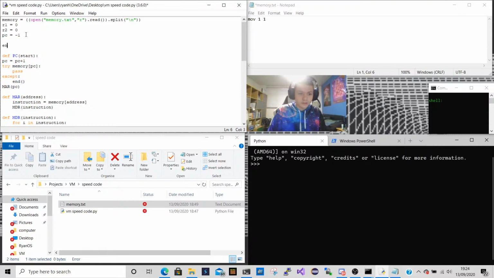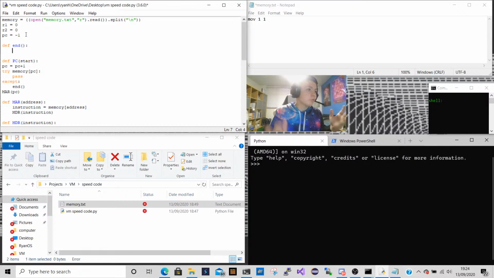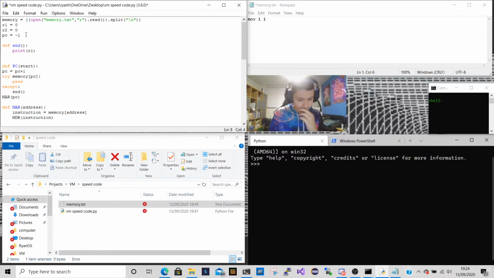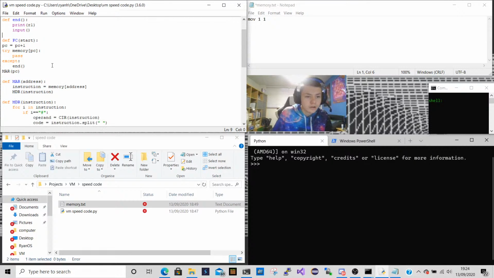But we'll just call this def end, and it will normally exit, okay, but for now we're just gonna print whatever's in register 1, just so we know that's working. And then we're just gonna pause. But normally it would exit. But it's just so we can see if the number 1 is in register 1, then we know it's all working. Right, let's see